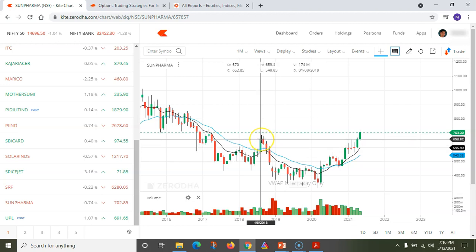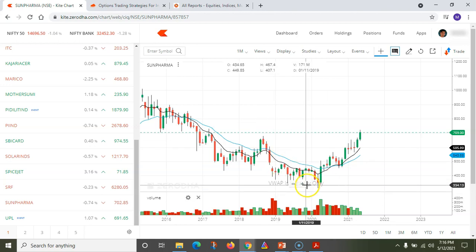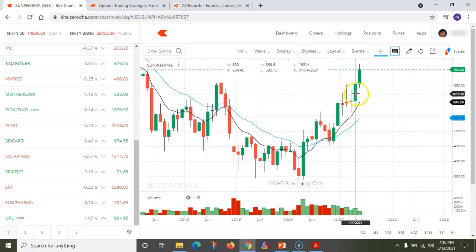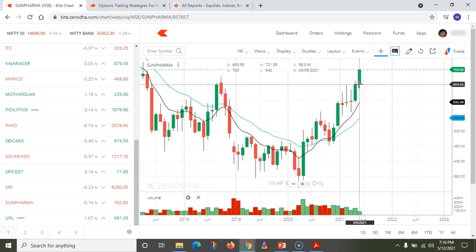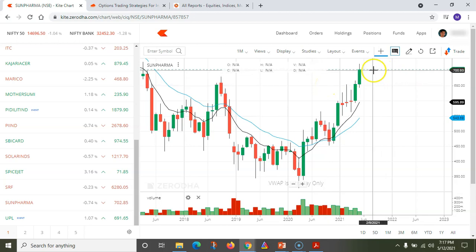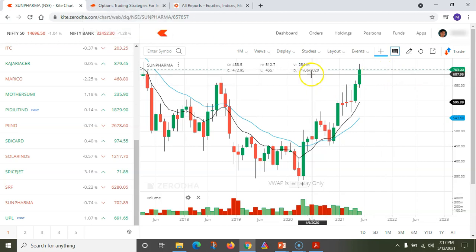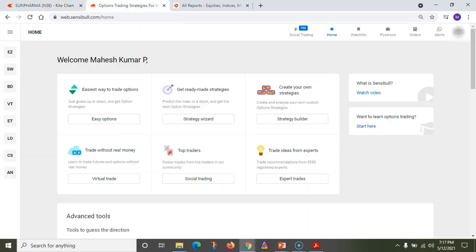You can see this is a high that was made in August 2018. Again from there it started to fall, but this time you can see the previous month, that is April 2021, it closed above 650, and the entire pharma space is bullish now because of the current corona situation. So one can assume, since it's a breakout above 650 on a monthly close, potentially one could have gone long there. If you want to go long, say on Sun Pharma, since it's a breakout, assuming the breakout is happening now, though it happened at 650, we'll just take this as an example.